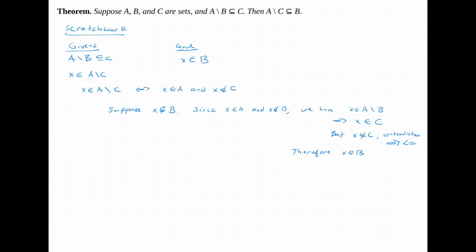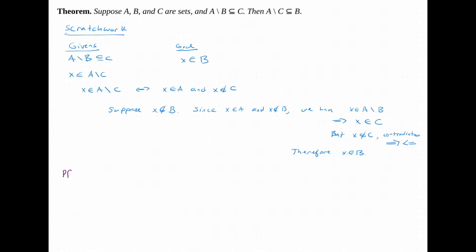But now, in terms of precision, in terms of the logical framework for the proof, this is a contradiction argument. But it's not the same as the ones we considered last time, where we had a statement of the form P, which is what we have, implies Q. Because we did not negate Q, but rather we were using contradiction to get that x must be in B by assuming otherwise. And so when we formally write this, we don't write that this is a proof by contradiction, since we are not negating the consequent in this situation.